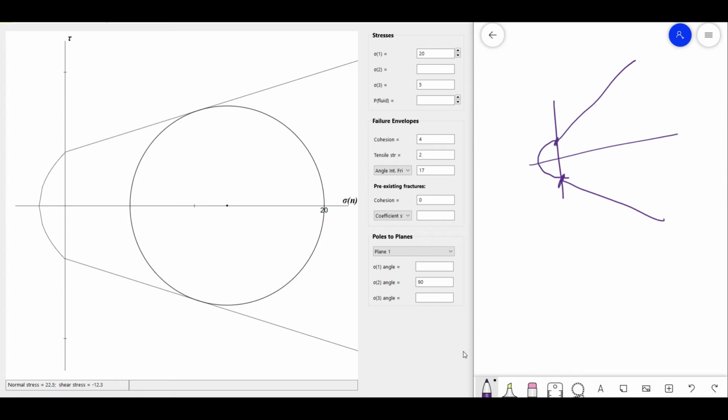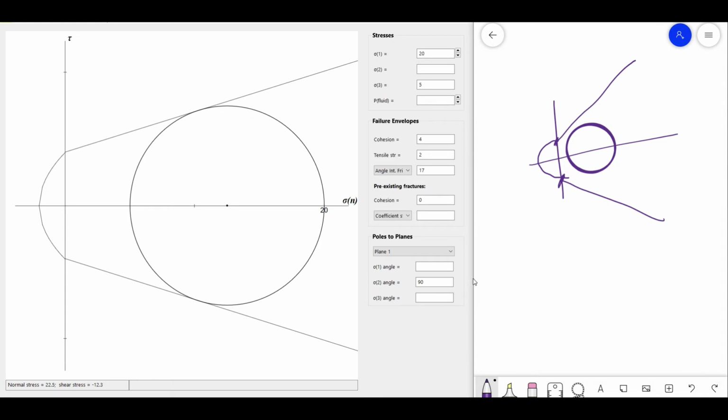And we have a Mohr circle like this, and we need to fracture some plane at some angle for this system only by increasing the pore fluid pressure. Actually, pore fluid pressure does nothing but only shifts the position of the Mohr circle, and it does not cause any increase or decrease in the size of the circle.